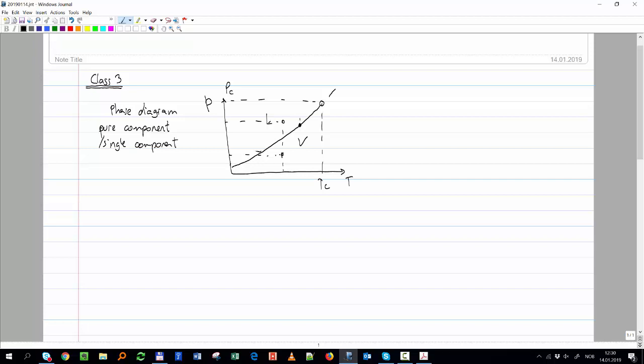Now, when we have multi-component, which is typically what we have, a multi-component mixture, the diagram looks significantly different. And one of the things, if we have two components,